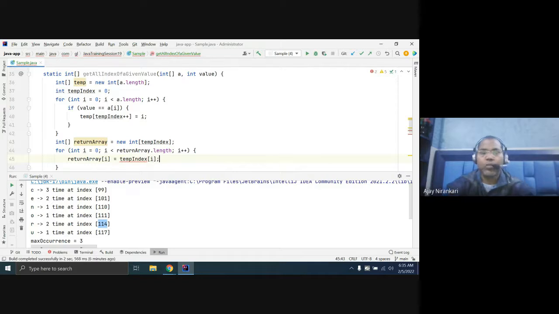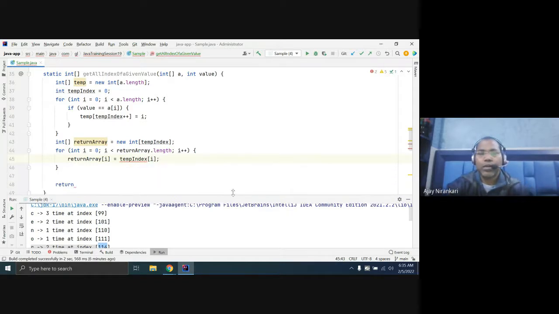You know how to copy. Let's keep the temp array, this would be a good name.